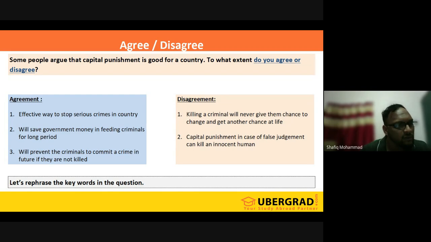Then Krishna, you can also say, even though it cannot improve them and change their behavior, so it is better to give strict death punishment to them. Okay, okay. So even though it cannot improve,